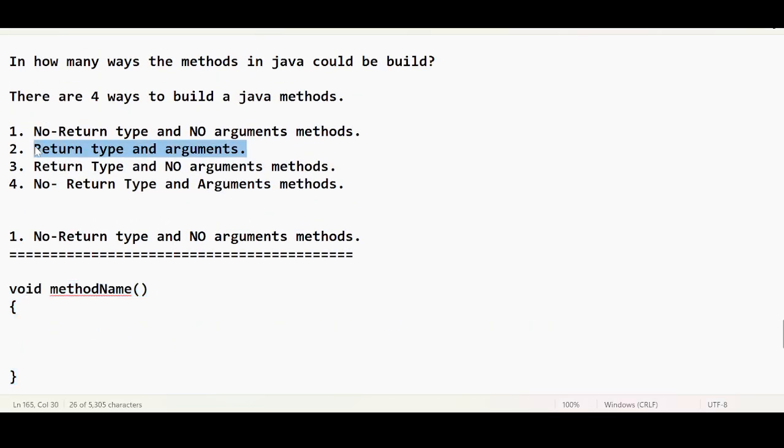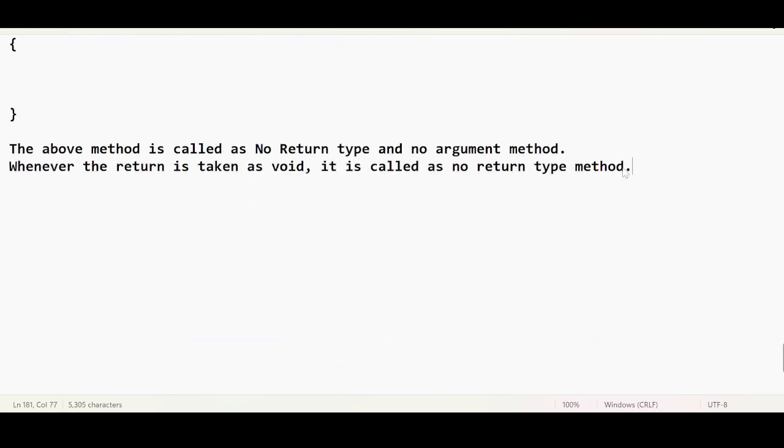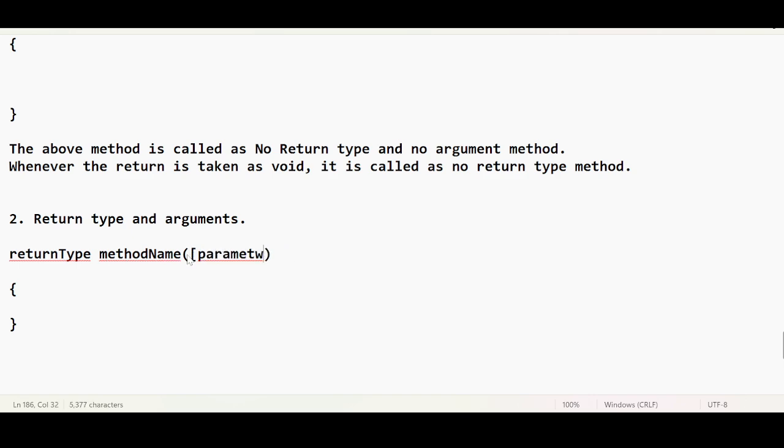Second method is what? Return type and arguments. Focus here, there will be some methods where you will be accepting some arguments in the parenthesis. When I say return type, the method name can be, let me show the syntax. You can pass the parameter list here. This parameter list can accept different kinds of data, depending upon the requirement. This space is used to accept some inputs,